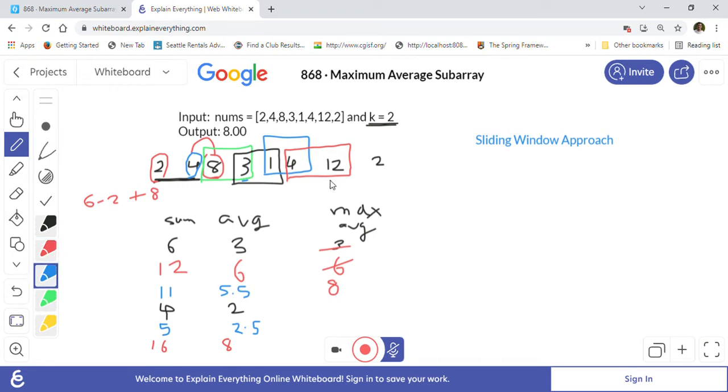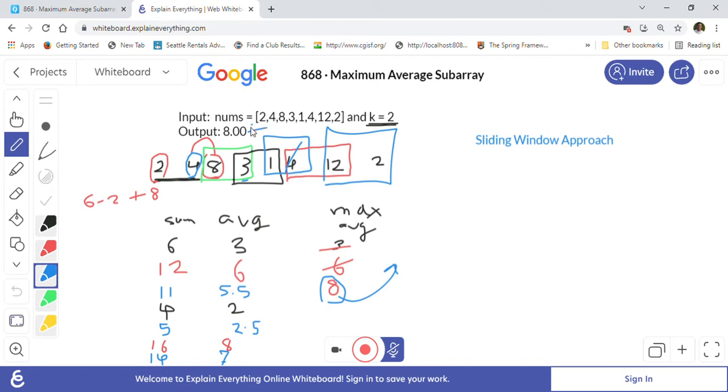Now we will again move our sliding window. Now it is becoming like this, right? So we are removing 4 and we are adding 2 into the window, which means we will subtract 4 from 16. So 16 minus 4 is 12, plus 2 is equal to 14. So 14 is our new sum, and 14 as the sum means 7 is our average. So our current max is more than 7, so we will leave it as it is, and our sliding window has reached a point where it cannot move now. It is already at the end of the array. So we will just return the maximum value of our average, 8, as our answer, right? So as you can see, output is 8.